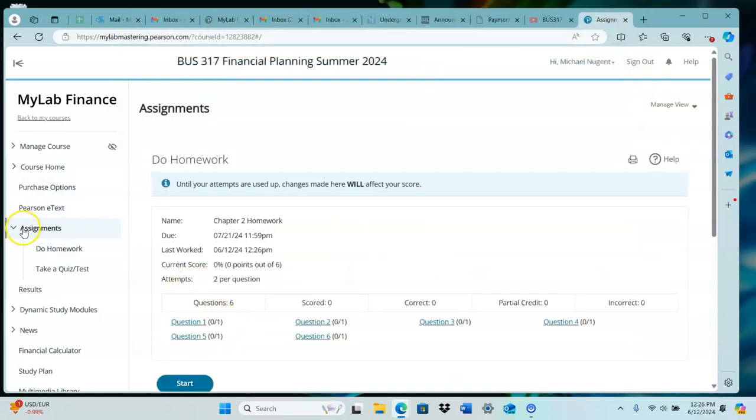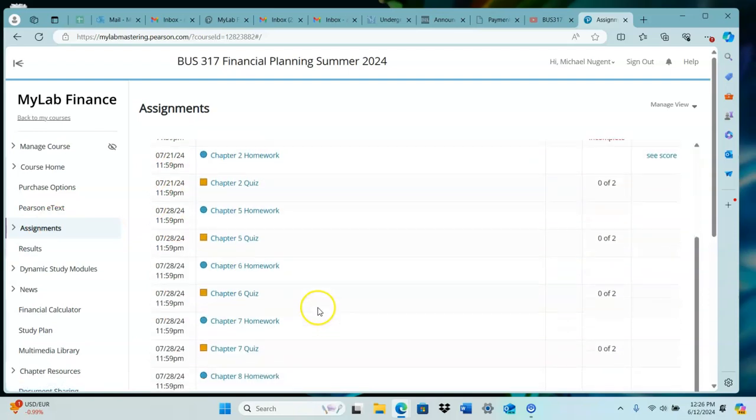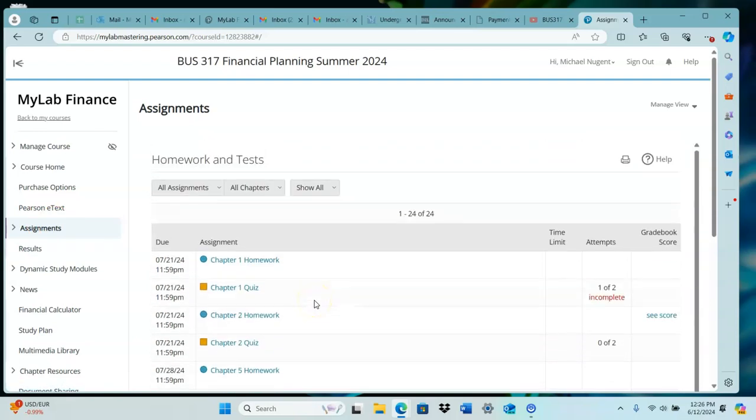Again, for each week, because we're covering multiple chapters a week, you're going to have a homework and a quiz for each of the chapters. So there's no midterm or final or big exams. It's all broken up into smaller quizzes. Okay. Now,